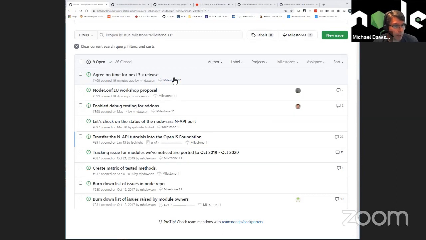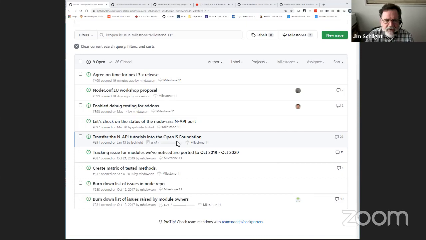Transfer the N-API tutorials into the OpenJS Foundation. Yes, so I have been continuing my work on the Gatsby implementation, and I have been able to successfully publish the site on my fork using GitHub Pages. So we are now able to publish it on GitHub Pages.